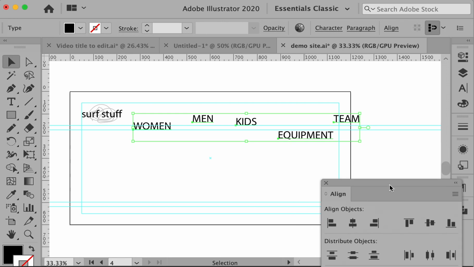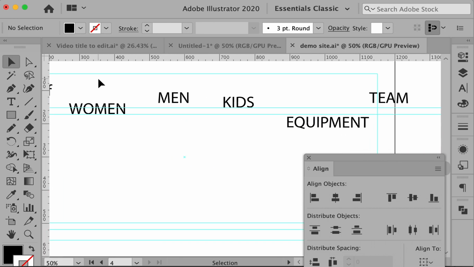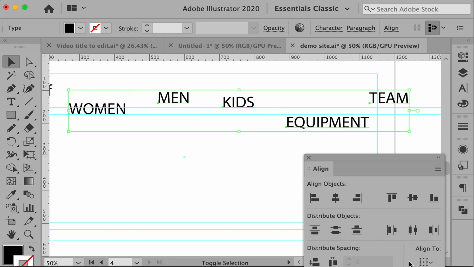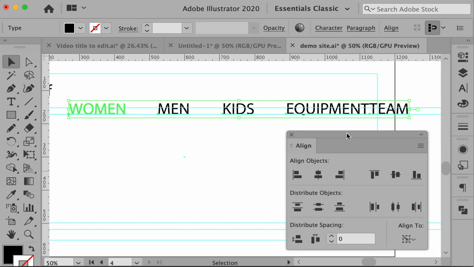I'm not sure why I'm not able to select key object here. Oh, there it is, key object. Okay, so see how we get this double selection? I don't want that one. I've kind of placed this one where I want it. So I'm going to click on the women word, and now they're all going to align to this. So I'm going to make them align on the same baseline,